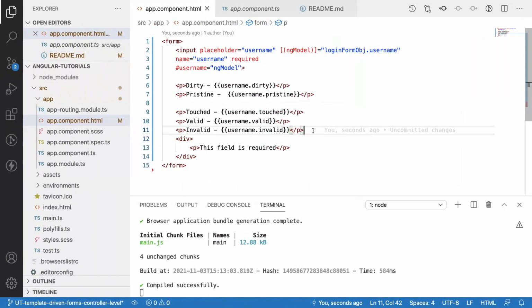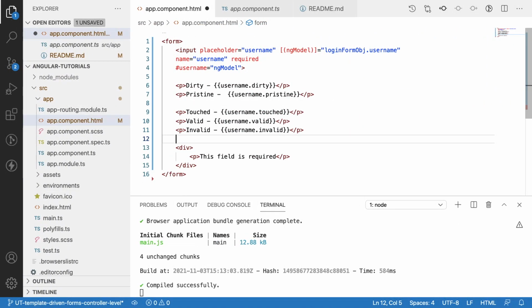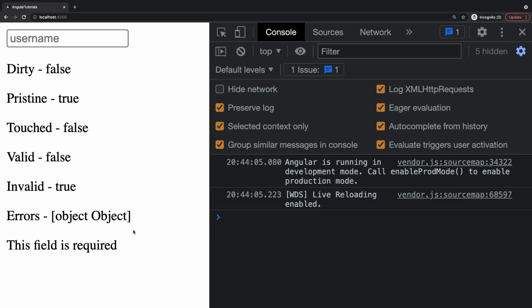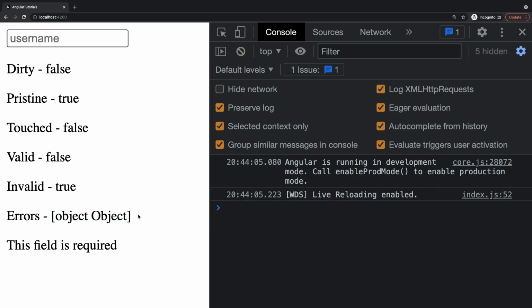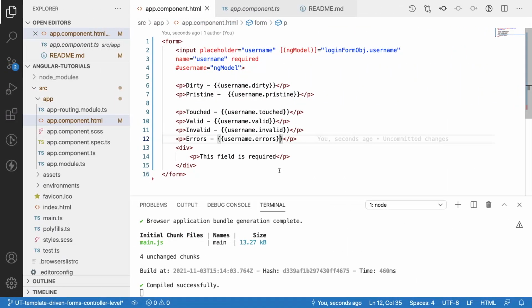And also let me show you some errors. For example, whenever you have two different validations, then you have to identify which validations you require. To find that, there is another property called errors over the username field. For example, if you go and write username dot errors and save this, now it will be showing null or object Object. Why? Because the errors property is an object, so it is showing object.